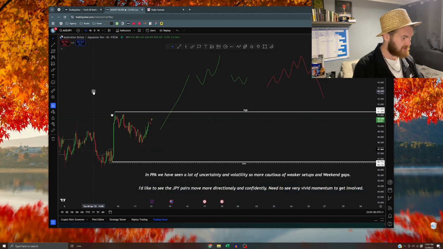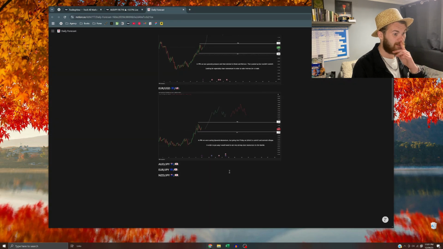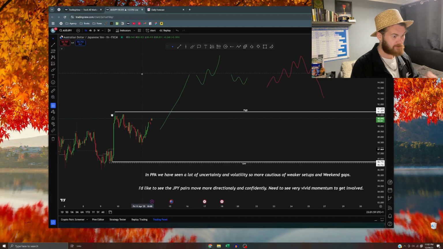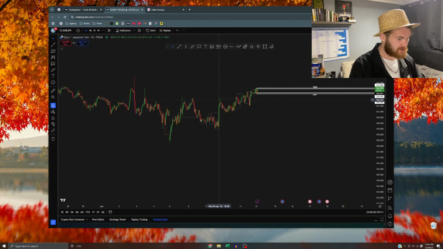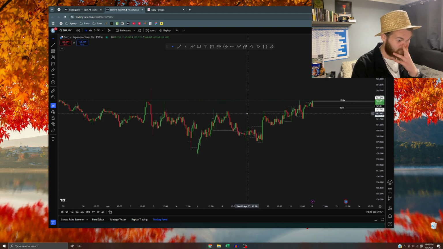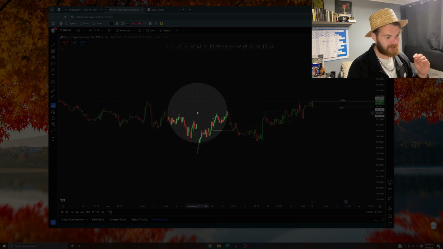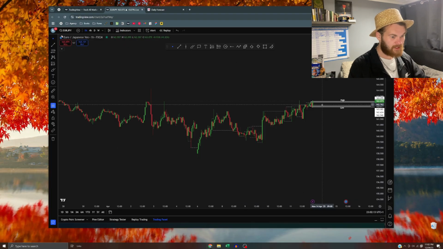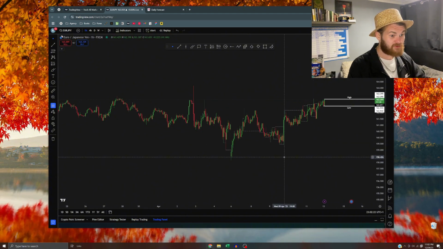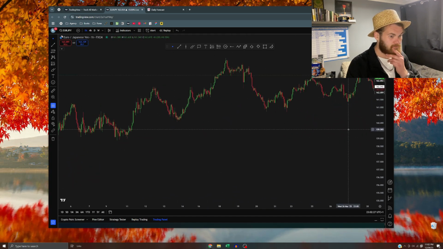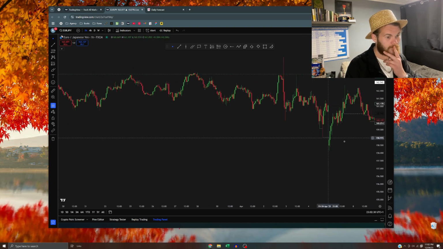So I'll just screenshot that AUD/JPY pair and put that in my daily forecast like so. And then EUR/JPY, I'll quickly walk you through that one. So here we have the Euro. Again, as I say, as of recently, we can see how massive the candles suddenly get, and that they aren't committing in any direction. They're just moving very volatile up and down, range bound. It's moving sideways, but very volatile and aggressively. So it's moving aggressively sideways, and I'm very cautious of that. There's potential there, but yeah.